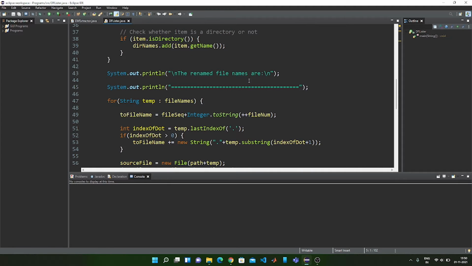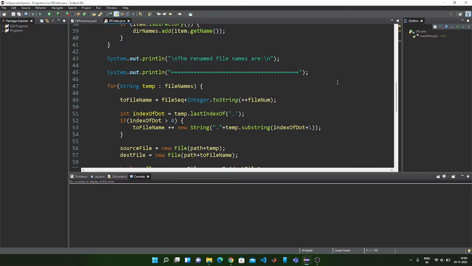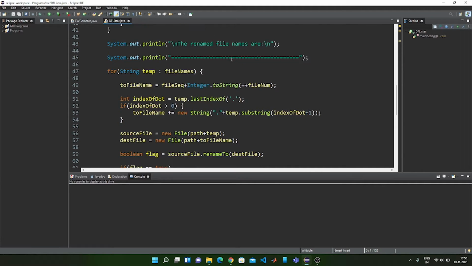Now, as you can see here, we are going to rename the files and the directories according to a particular sequence. If the files are arranged in a specific order in the path on your system, then the first file will be renamed as file 1, the second file as file 2, and so on until the last file. However many files you have, it is going to name them in that sequence. We also print a confirmation message for each one, that the particular file has been renamed to that specific file name.